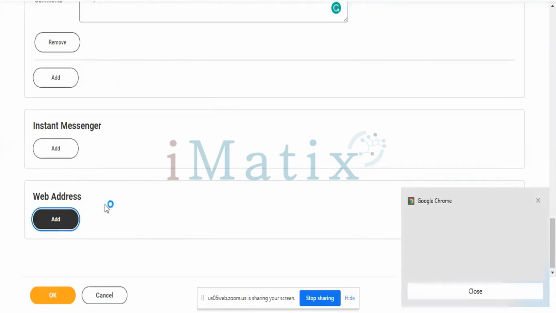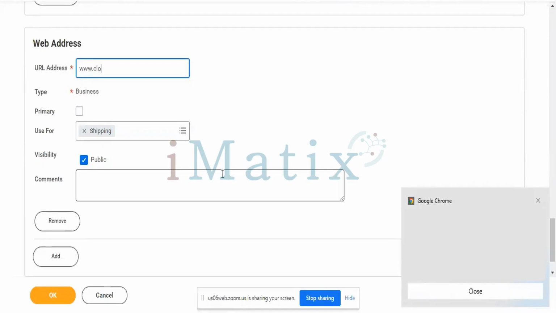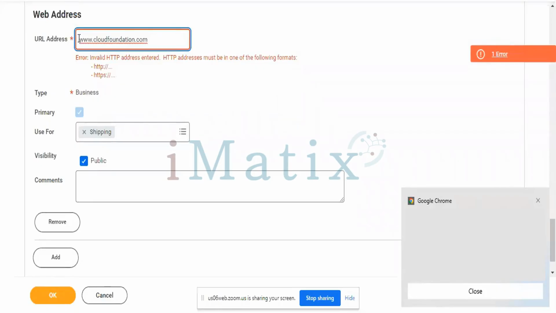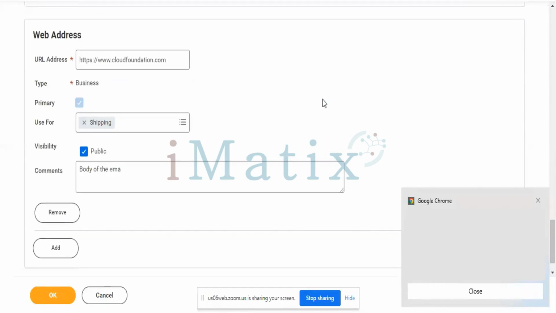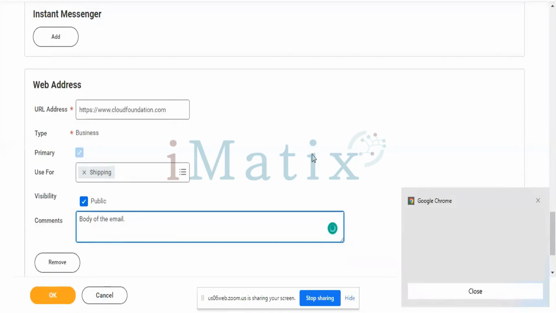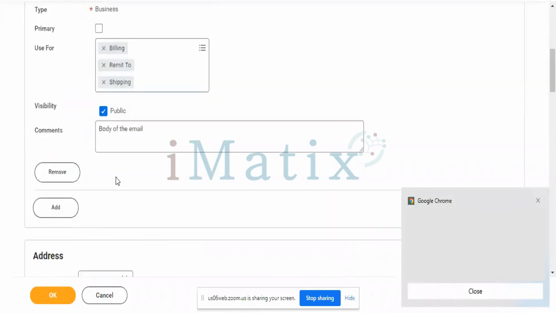Instant Messenger is not required. Post completing all these activities,